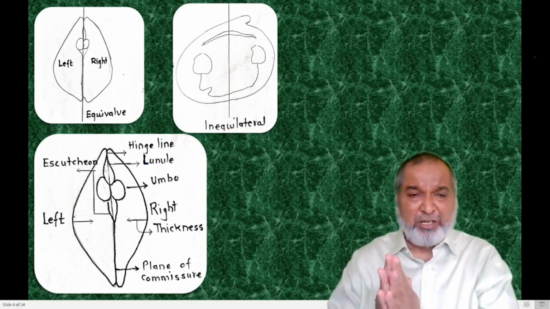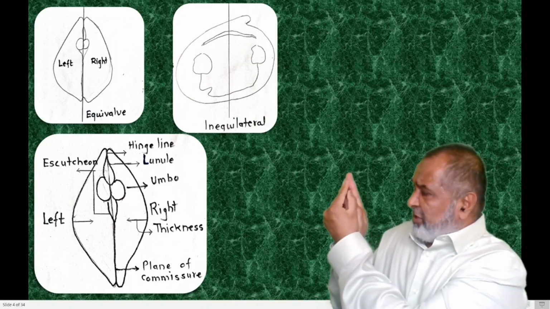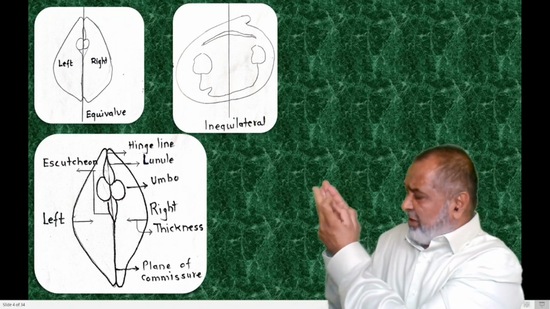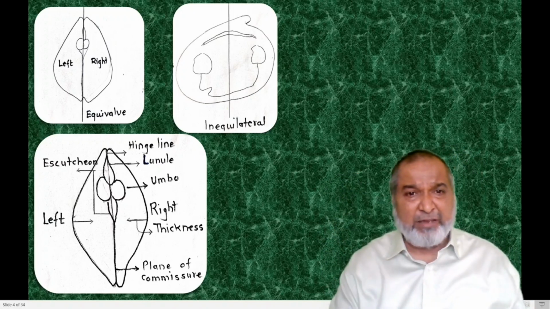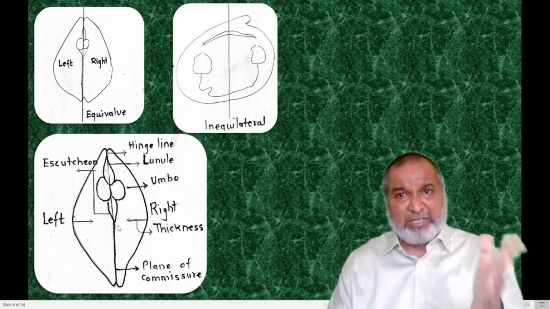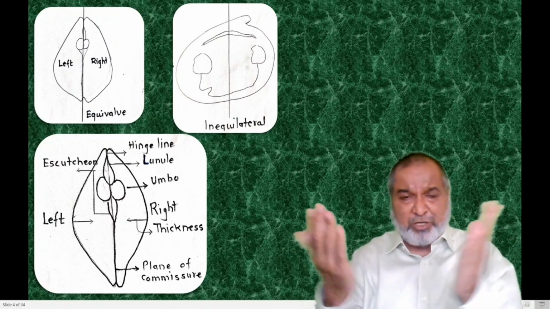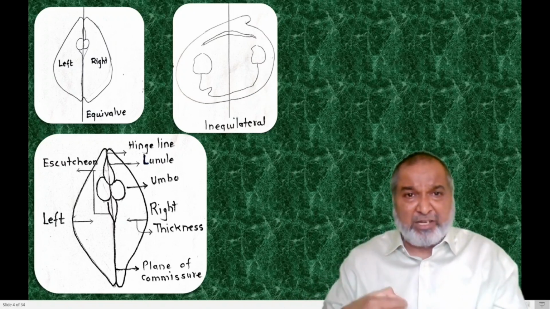If you join your two hands, you'll see here we have a depression, then we have the elevation, again here a depression. Exactly the same way here we have a diagram. So there is no need to remember this diagram for Lamellibranch. Your hands are the best way to show you all the details which are there.